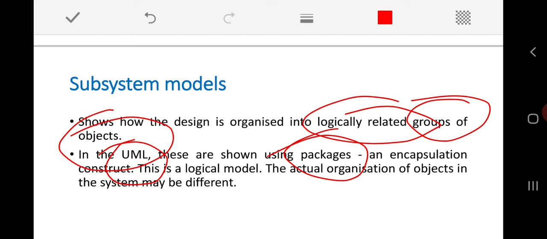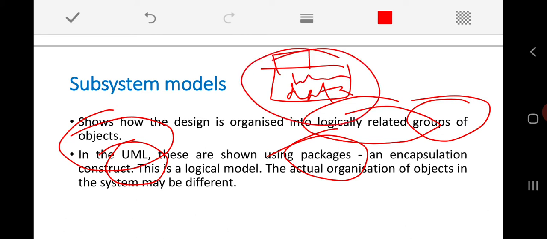Okay, and every subsystem itself, you can treat it as another system here. For example, this is the notation that we will normally be using. So for example, weather data, okay. This is one particular subsystem model in our weather station.